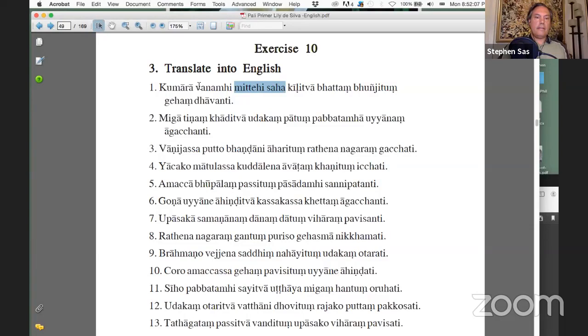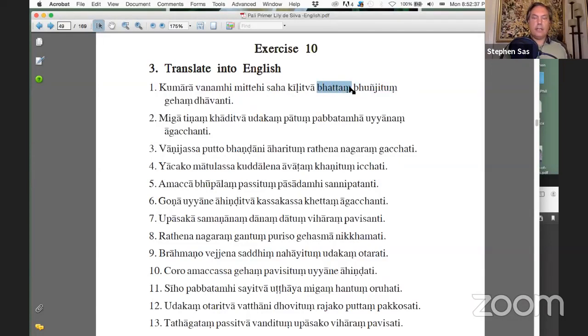And then we have more information. It's a locative, in the forest. Then we can keep scanning and go up to our finite verb, our last word, davanti, run home, gehang. And here is our infinitive, bunjitung, to eat. So it's bunjati in the infinitive, to eat.